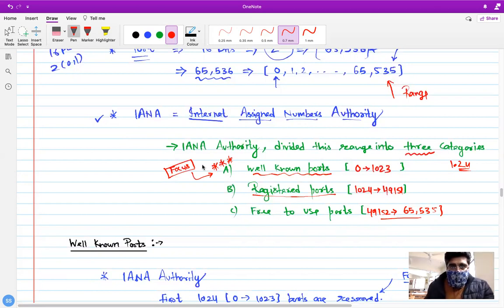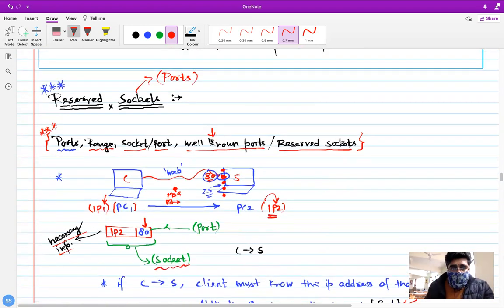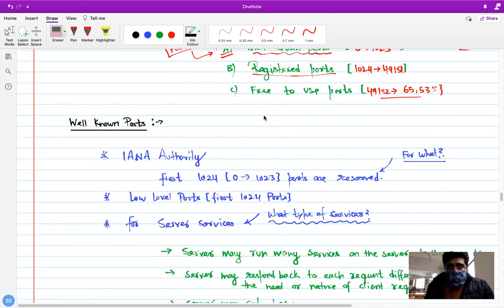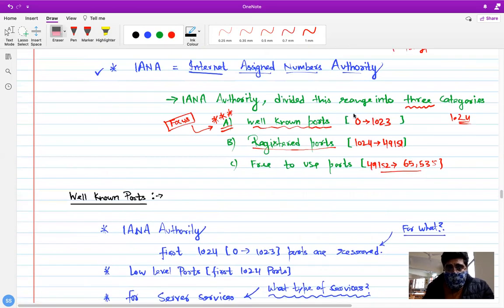But here we will not focus on all these three. Our motive is to explore what the well-known ports are, in order to understand what the reserved sockets and reserved ports are. So the IANA authority decided to fix all these numbers, not to be used by any other web services over the server.